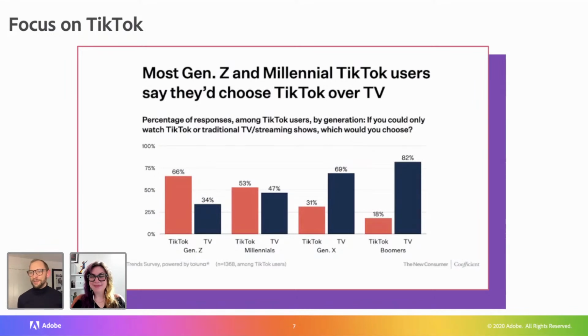We fit into the millennials category on this one. But what an incredible transition this is, how that's changed over these four generations. And the thing that's going to be really telling here is that TikTok have just released their apps for connected TVs or smart TVs or whatever you want to call them. That's interesting. For us as small businesses, we could never have advertised on TV, right? Because you simply don't have the budget. But now you can get your content on a TV because more people are going to be watching TikTok, potentially on their TVs.